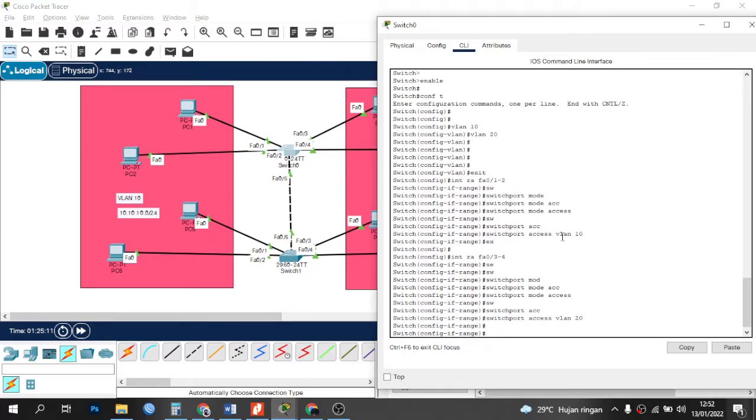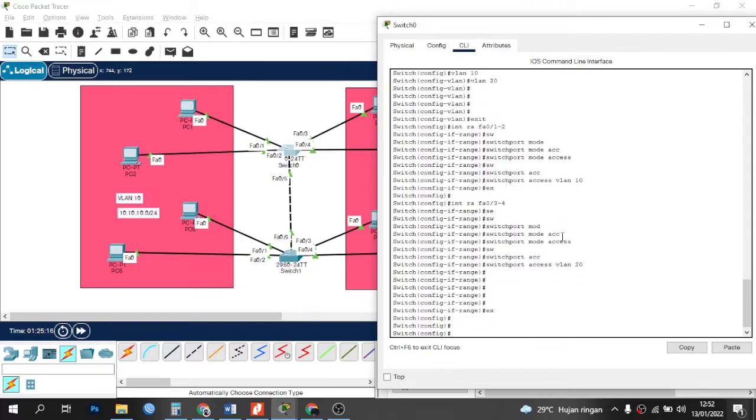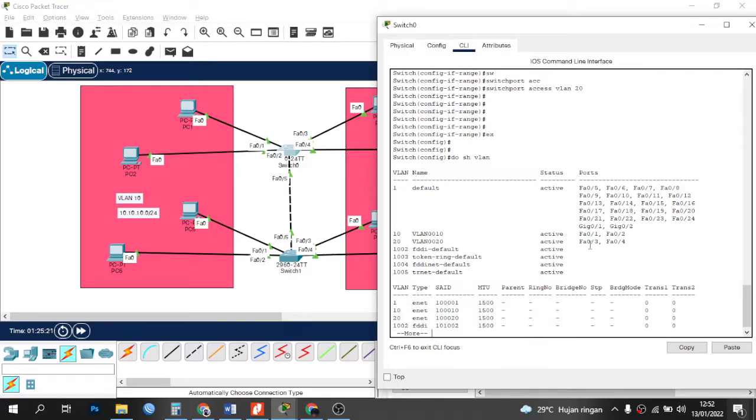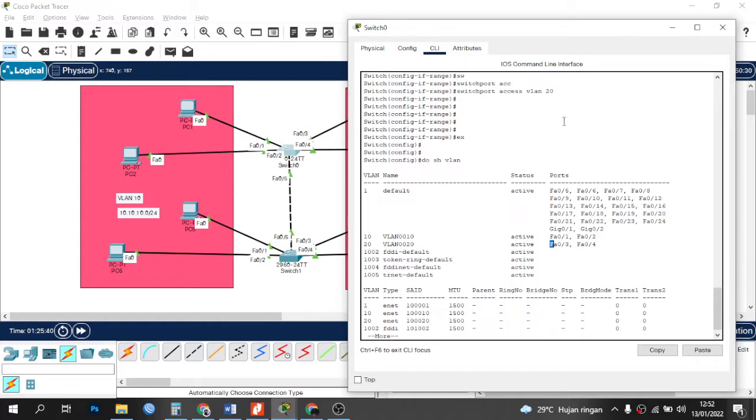Okay, back to switch 0, do show vlan. It can be seen the interfaces of PC 1 and PC 2 have entered VLAN 10, and the interfaces of PC 3 and 4 have entered VLAN 20.